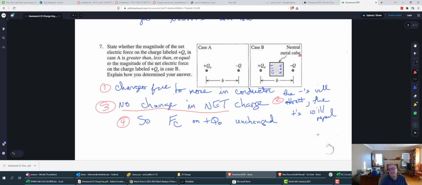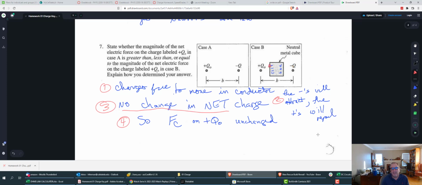Basically, I guess the amount of charge pulled to the left should actually equal the amount of charge pulled to the right, because I have the Q0 on one side, positive on one side, and negative on the other side. So you can kind of see that in principle,